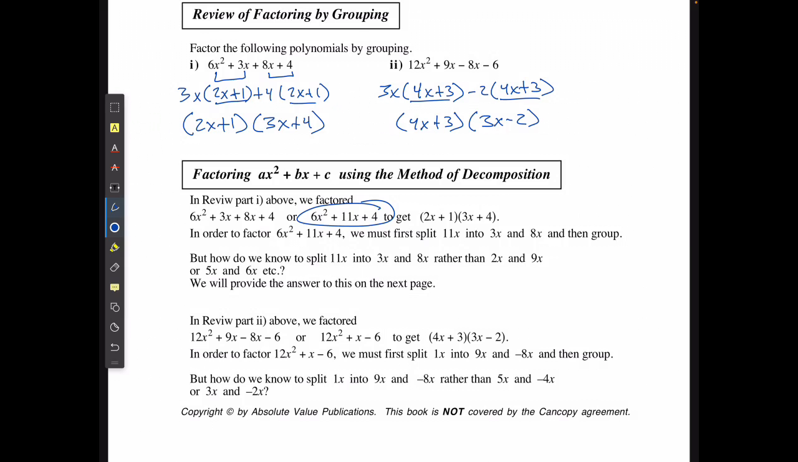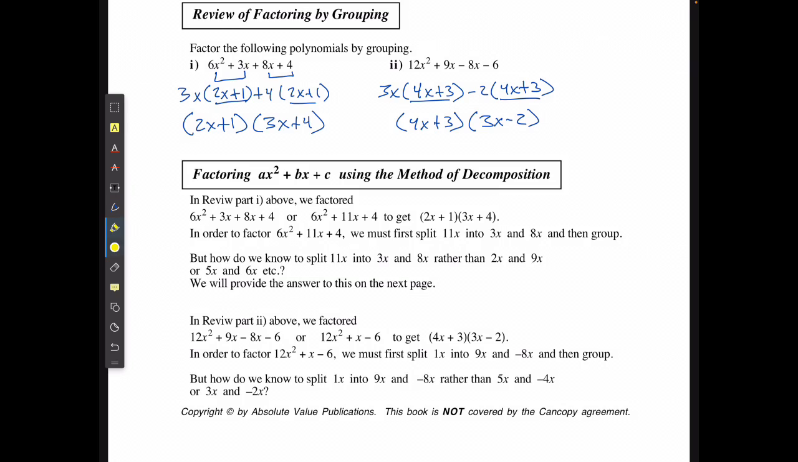First, split up the middle term into the 2 versions of x that I can factor by grouping. Now the question is, how do we find what those 2 numbers should be? Well,